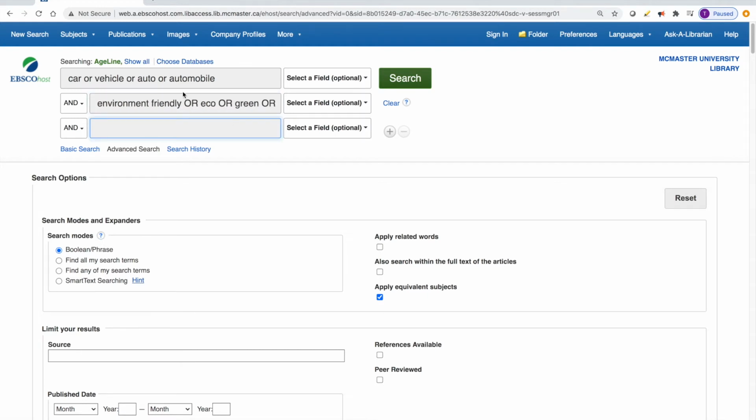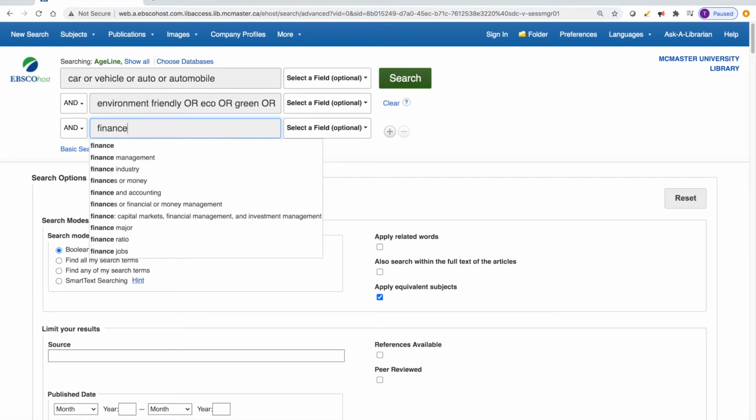Okay, so that's it for now. And if there's anything else that you would like, for example, things that are about cars that are environmentally friendly, that gives you information about those as well as their financial side of it. So if you want information about the financial side of cars that are environmentally friendly, then I can also type